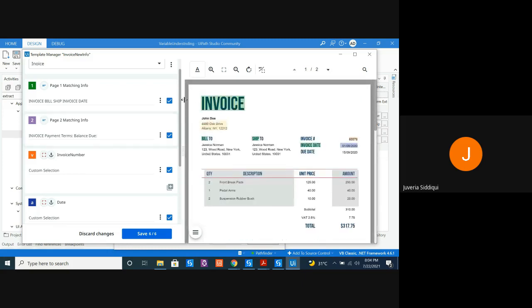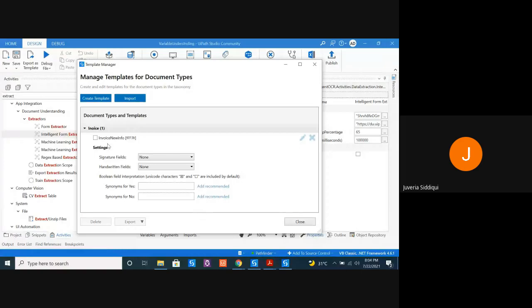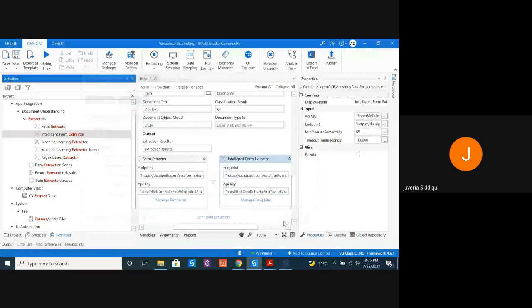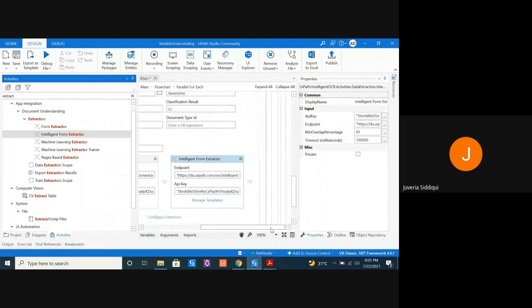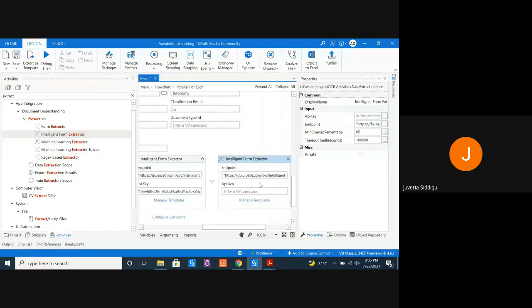So first we've marked that if you find page 1, these are the values which you should look for. Let's click save. For page 2, since when you classify you are basically splitting the information into 2 pages already, you can use one more activity. I'm going to use the same activity for page 2 as well. For the machine learning extractor, I'll show you an example because we need to create a machine learning model for it. So let's start with the second page first.